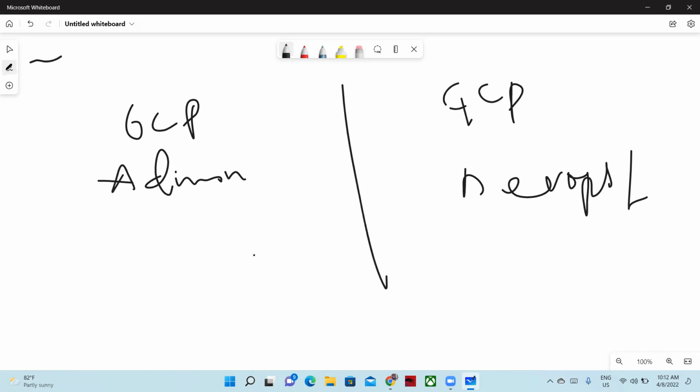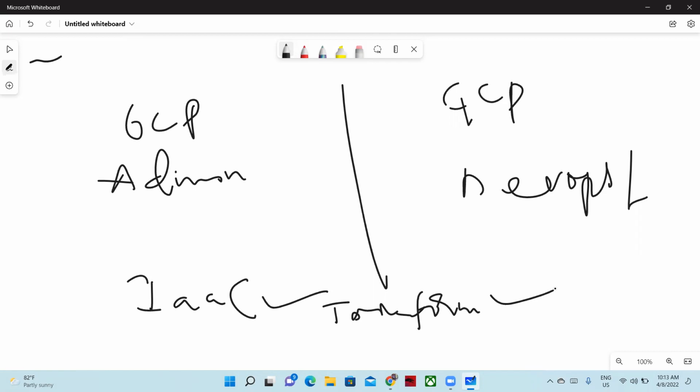Once the administration and DevOps syllabus was completed, as the last finishing touch we initiated infrastructure as code, which we call IaC. For this we introduced the third-party open source tool called Terraform.